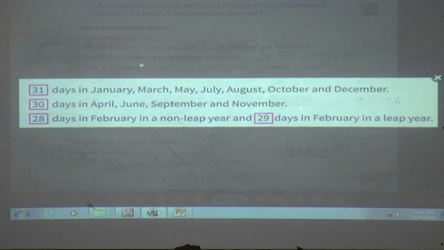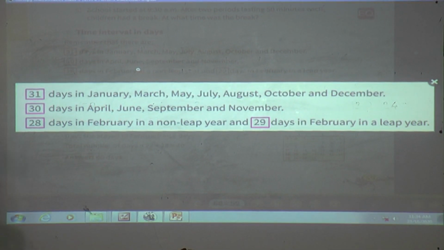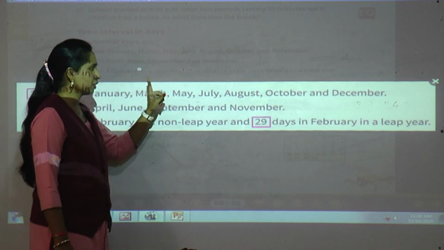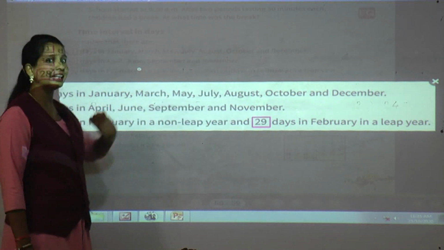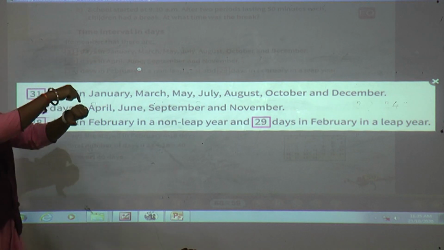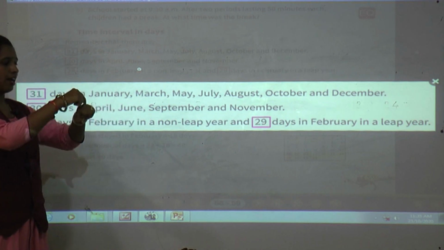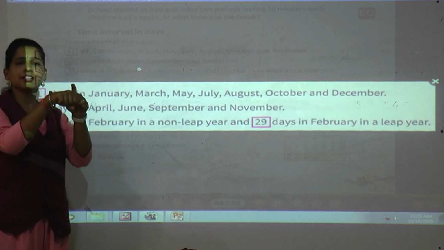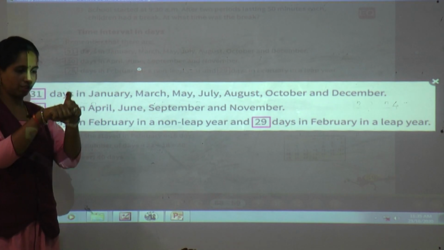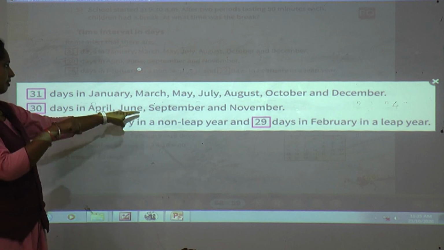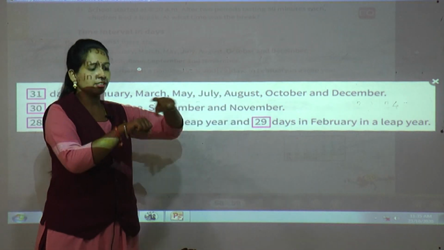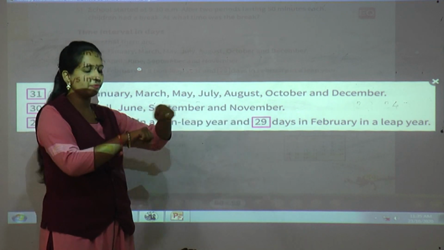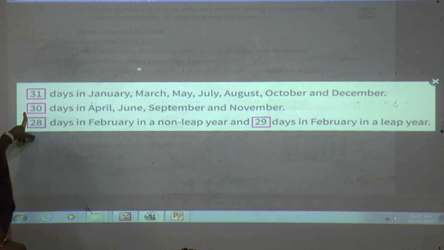Now remember that 31 days are there in which month? January, March, May, July, August, October and December. You can cross check also. See, January, February, March, April, May again, June, July, again on top July. Then again starts from top only, that is August. September goes inside, so 30 days, see here. Then October, yes. Then November goes inside, means November 30, then December. So you have to keep in your mind these things. You have to remember these things are very important to solve exercise 4.8.